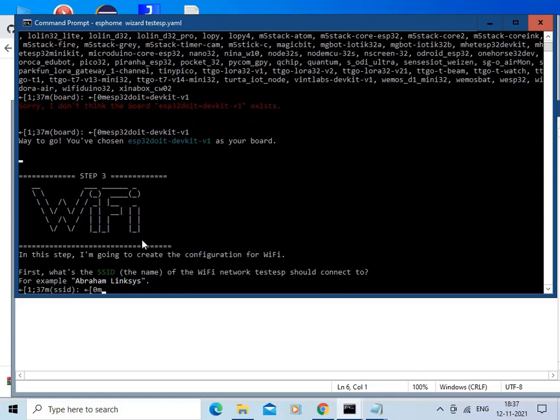The wizard is asking us about the credentials of the Wi-Fi network. It is asking for the SSID name, so I am going to enter the SSID name of my Wi-Fi network, that is router.